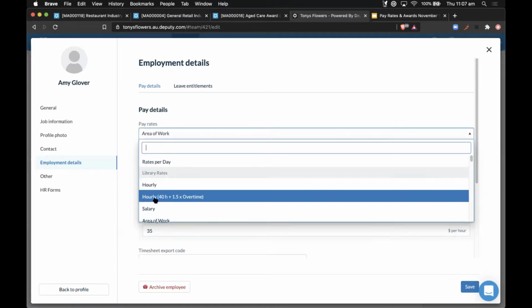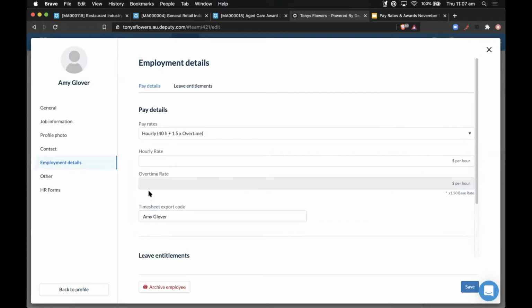So another way that we can rationalize pay as well is, instead of an hourly rate, it also has an hourly rate, but on top of that, it has an overtime calculator as well. So based on the ordinary hours here, which is 40 hours, if Amy here works 40 hours, then the 41st hour will be charged at a 1.5 times multiplier.